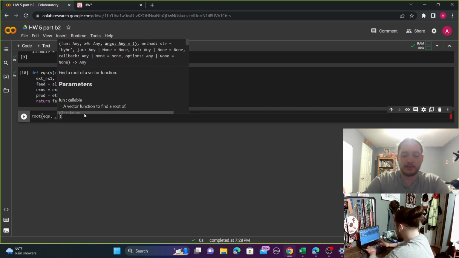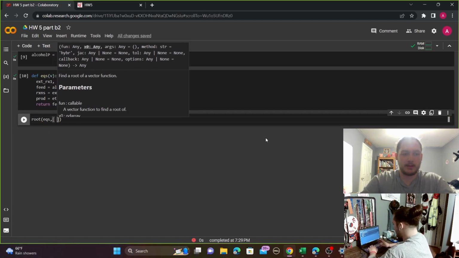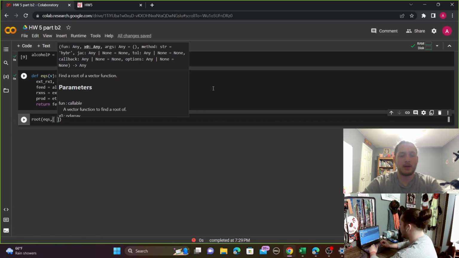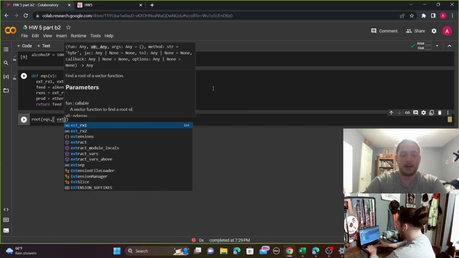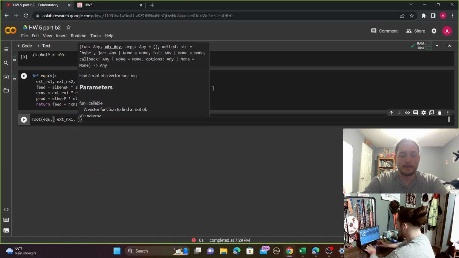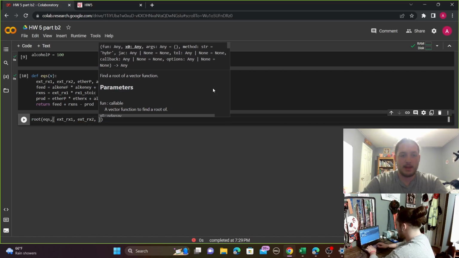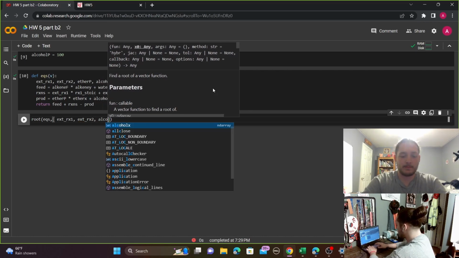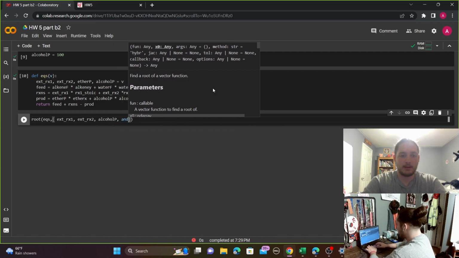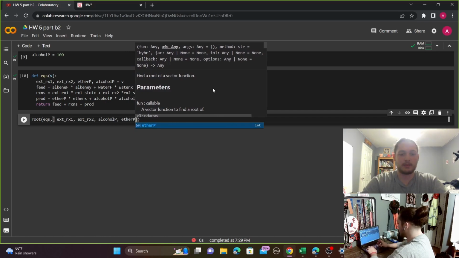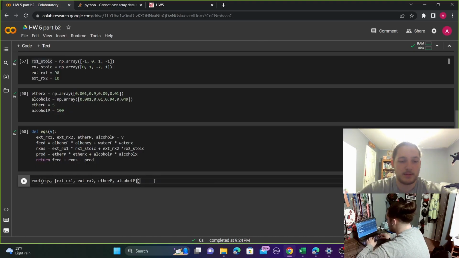Our parameters for this problem, and then we are going to be pulling the 4 variables that we are going to be solving for when we are given 2 of them. So that is our extent of reaction 1, extent of reaction 2, our alcohol product, and lastly our ether product. Hitting shift enter